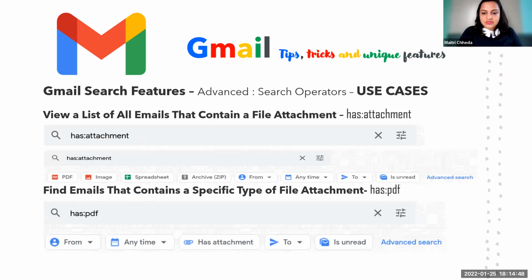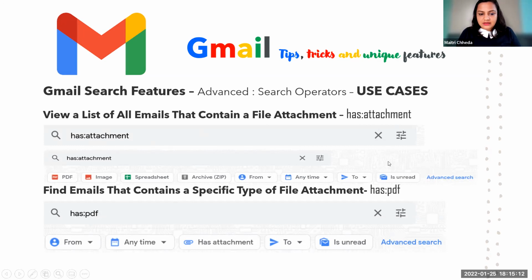Then you use has attachment. The moment I use has and colon, and attachment, I will be given an option by the Google search engine: do you want PDF, images, spreadsheet, archive, do you want it from specifically somebody. So advanced search options are given to you over here.